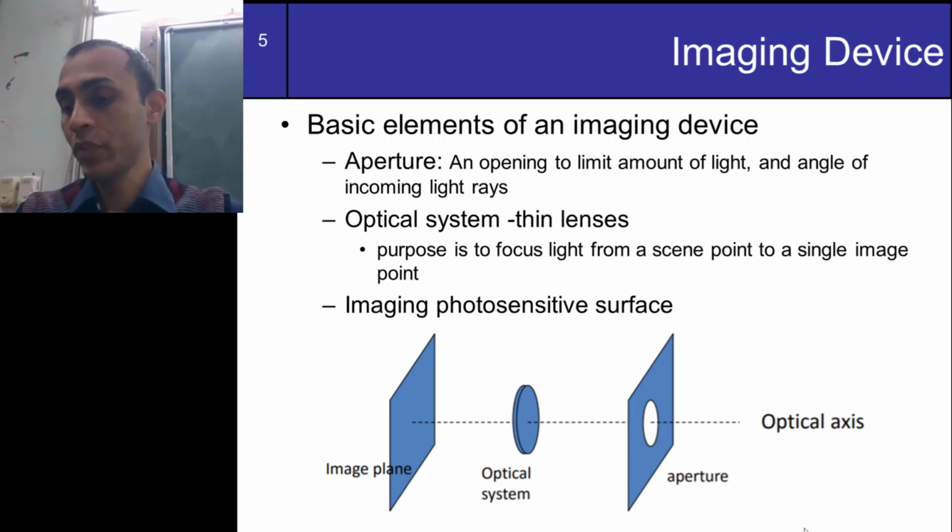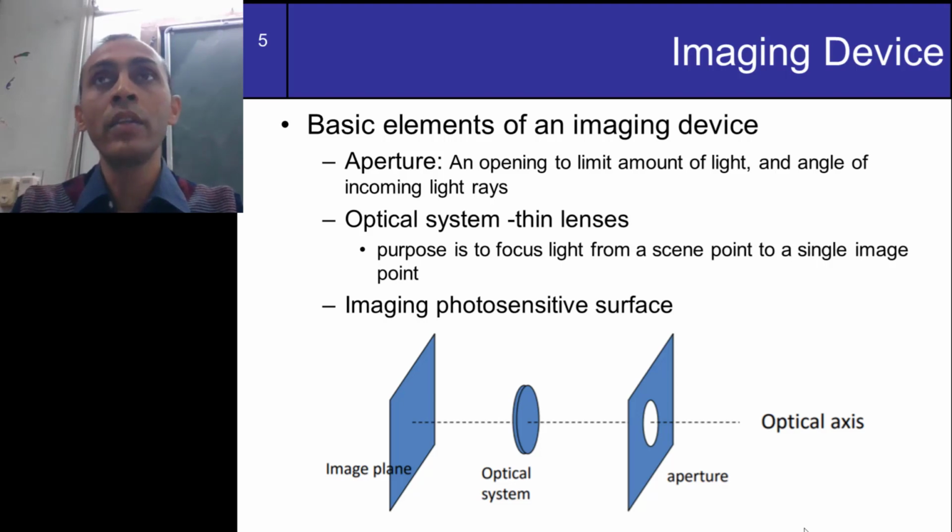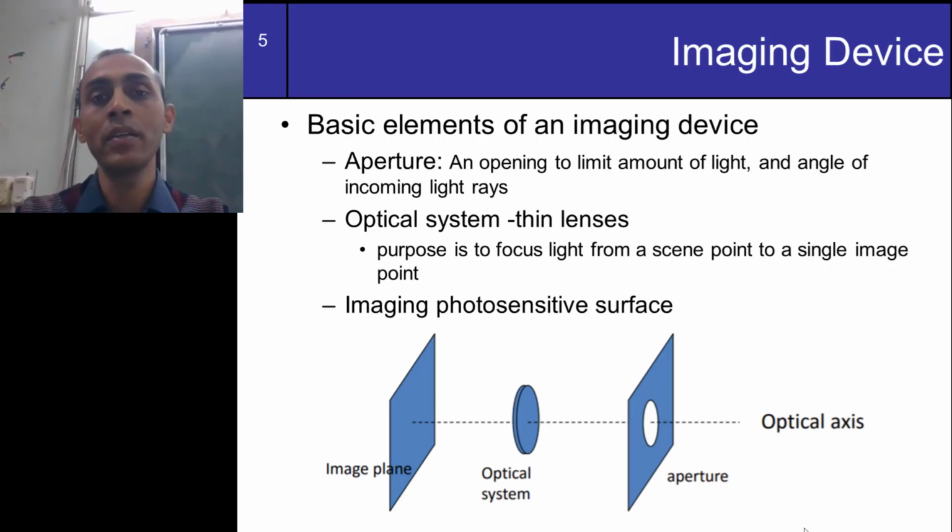And we also talked about the basic elements in a basic imaging device like a camera. So first of all, we need to have an aperture which will limit the amount of light, because if we don't have an aperture, we basically